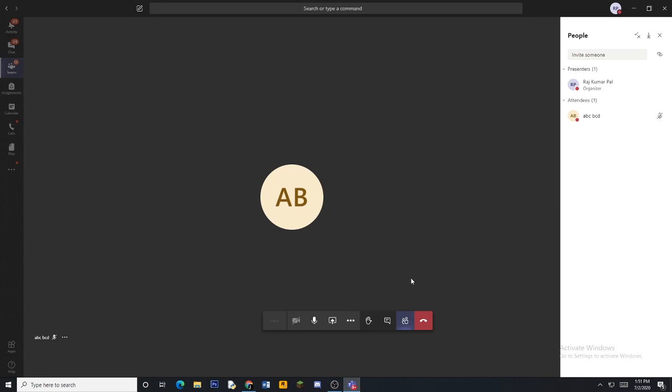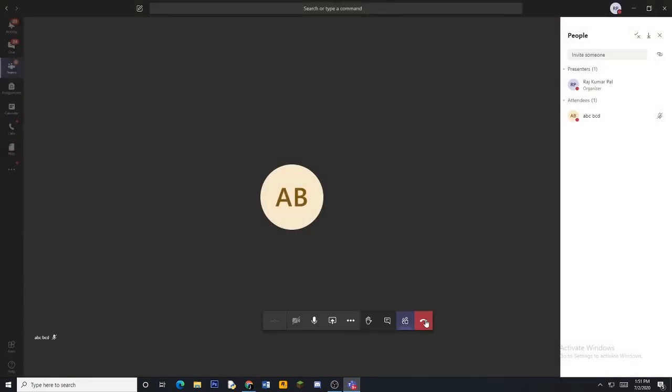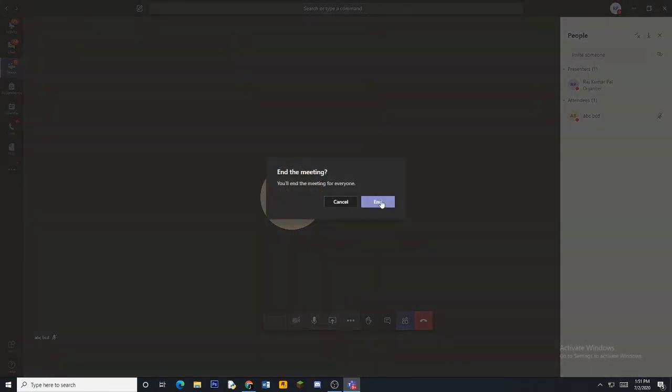And finally when you want to end the meeting, simple, please do not use this. Instead, if you are on the laptop or desktop, you click here and end meeting. This end meeting will basically end it for everyone, meaning all the children. But by chance, if you end it by using this red button, that means you are going out of the meeting, but the rest of the participants will continue with that meeting. So you need to end the meeting using this option, right?